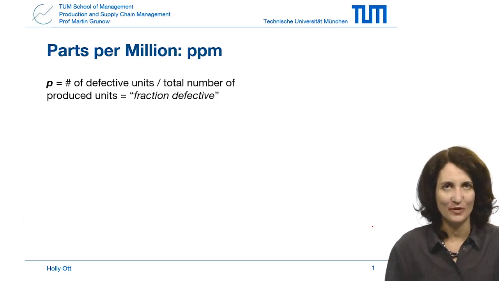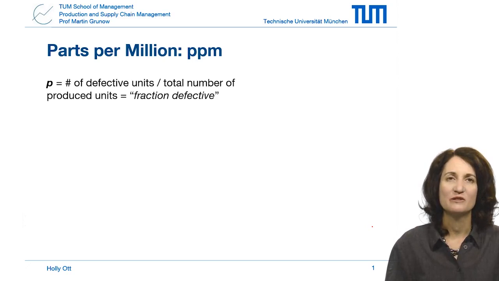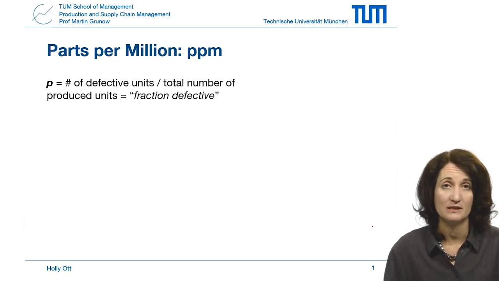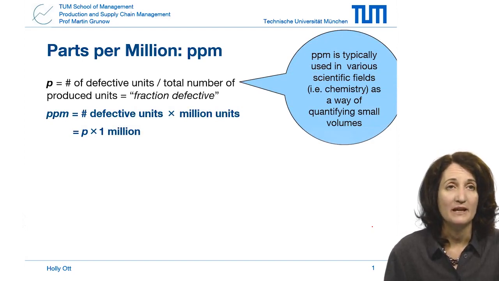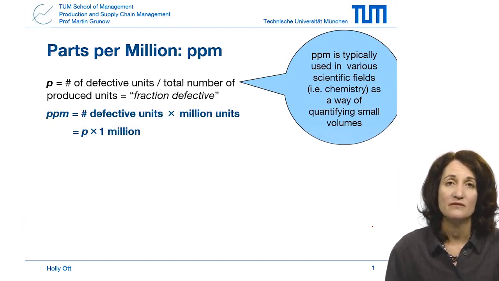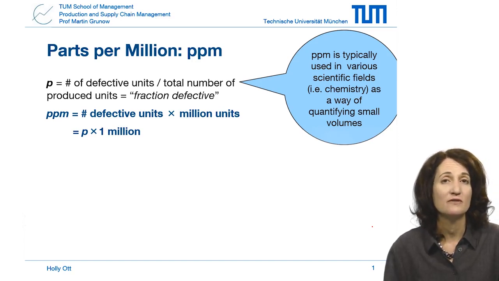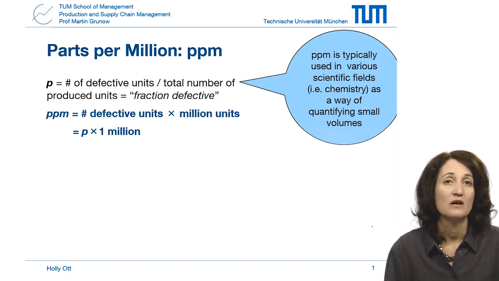Now we've talked about process yield. We'd also like to discuss three more ways of measuring defects. The first one is the parts per million, or ppm. Before, we denoted P as the number of defective units over the total number of produced units. ppm is the number of defective units per million, so the number of defective units in 1 million produced, or we can also write it as the fraction defective, P times